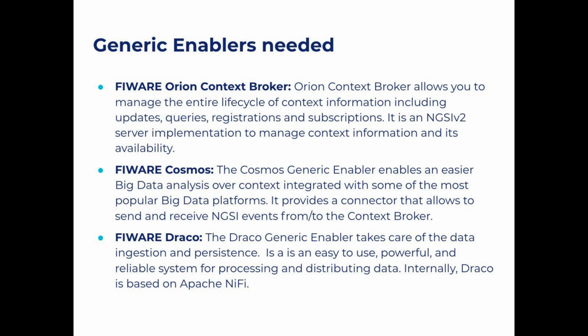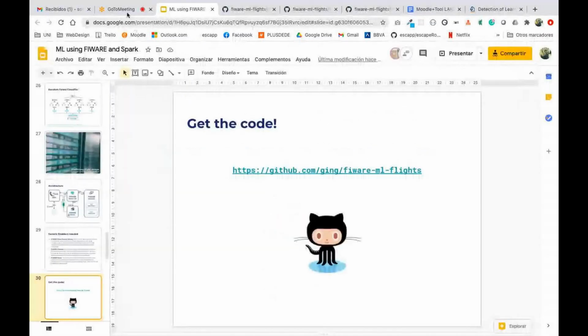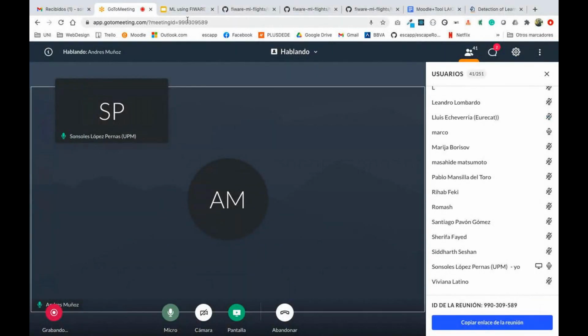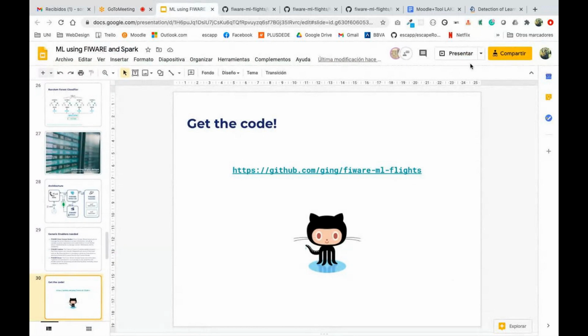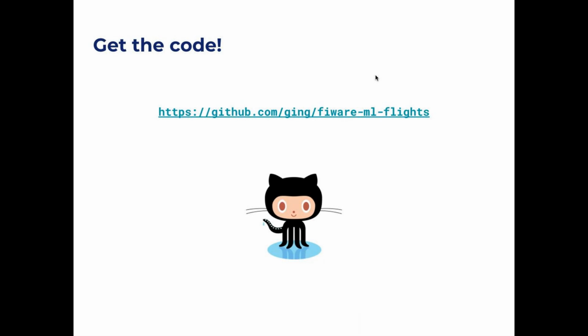In this case, here we have a little overview of the 3 key components that we presented in the previous architecture. We have the Orion Context Broker that allows us to create and receive NGSI v2 notifications from the web applications. All of this information is in NGSI v2 format, but we can also use NGSI-LD for managing all of